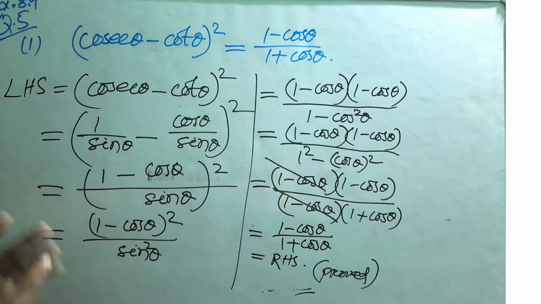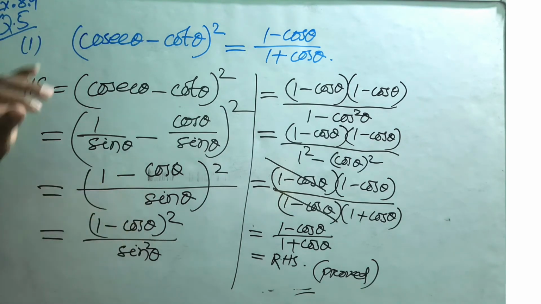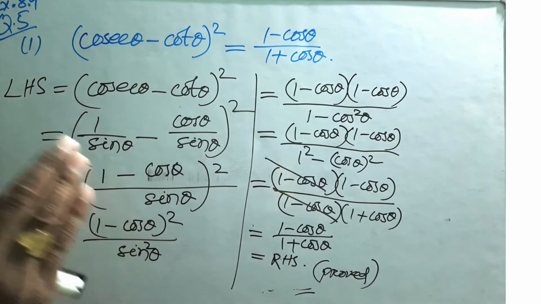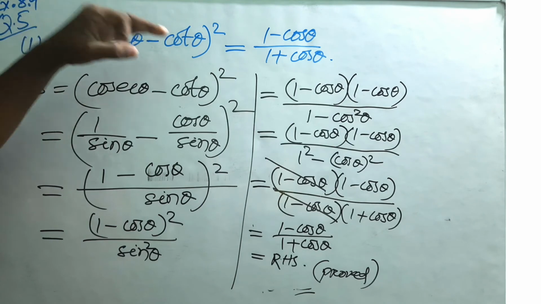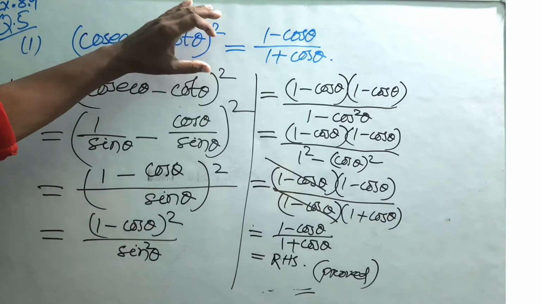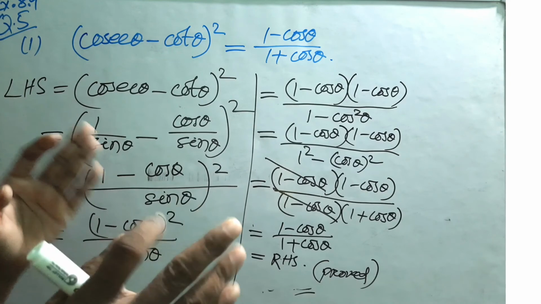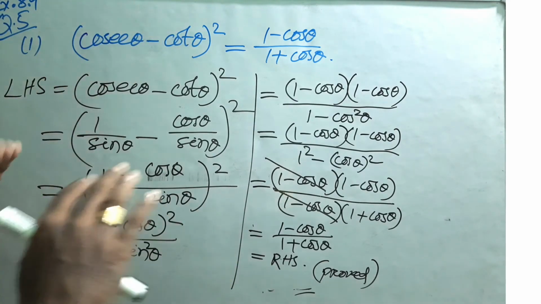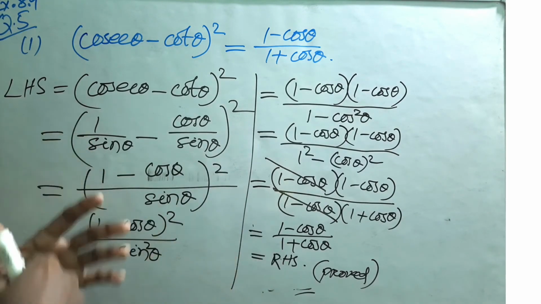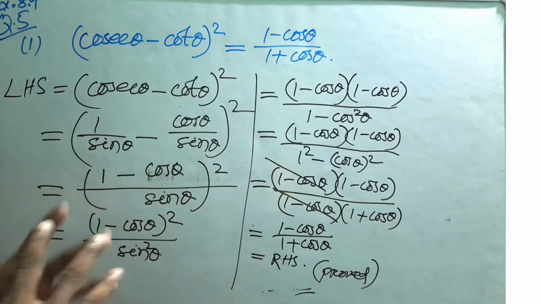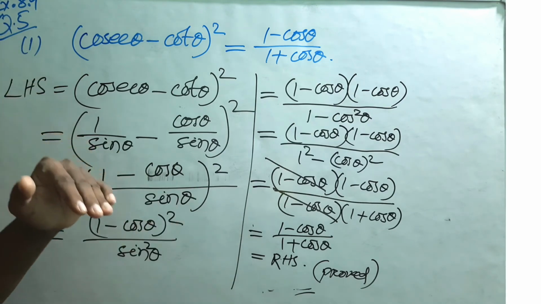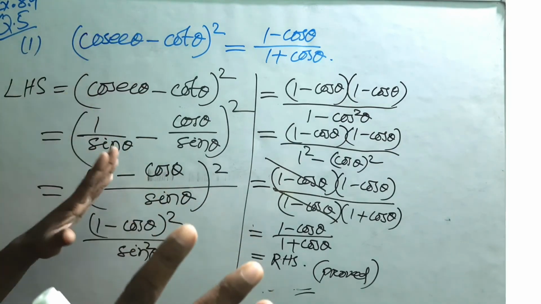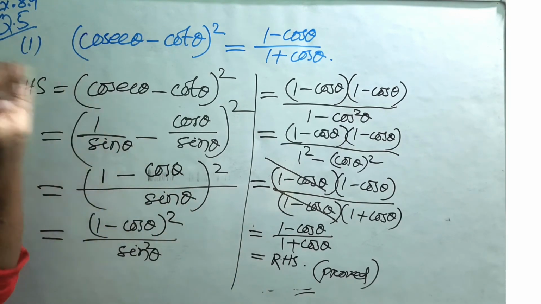Now guys, it's time for tips and tricks. In trigonometry, generally in such type of problems, you have to first convert all the trigonometric ratios given in that question into sine and cos. Okay. If you convert them into sine and cos, and then try to simplify it by taking LCM or rationalizing, in this way if you simplify them, then it will be much easier to prove this one. About 90% of problems will be solved in that way. So guys, you just adopt that trick.